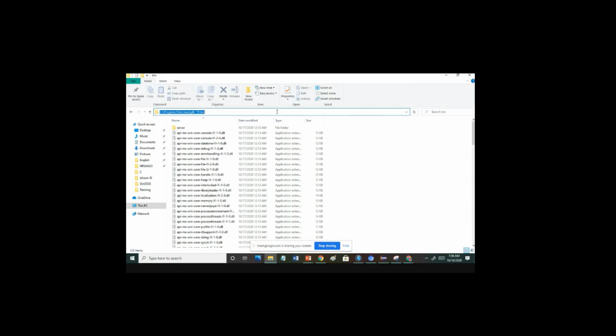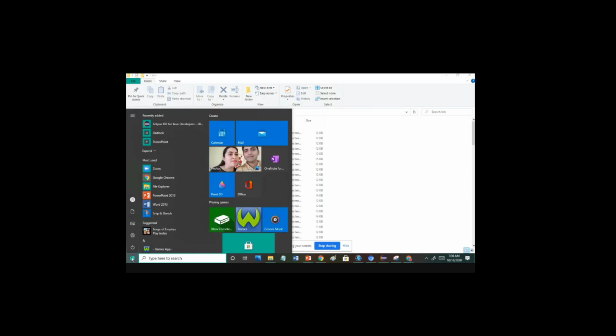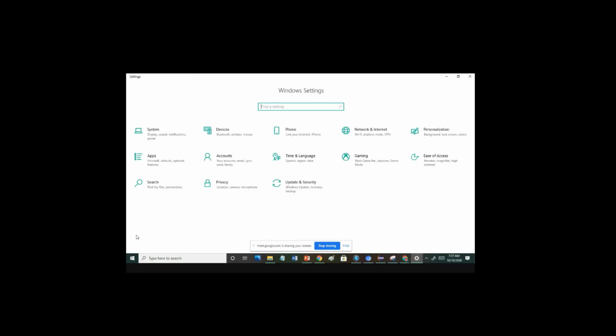So we'll copy this path up to the bin folder of Java JDK, then we go to the start option, the window icon, and then we go to settings, then system.